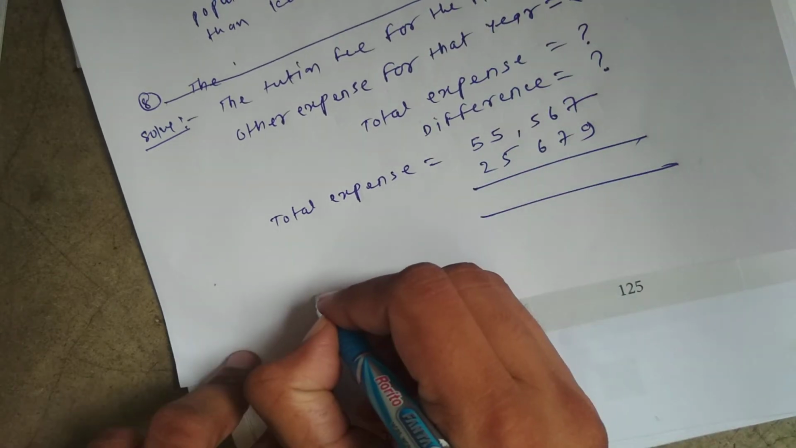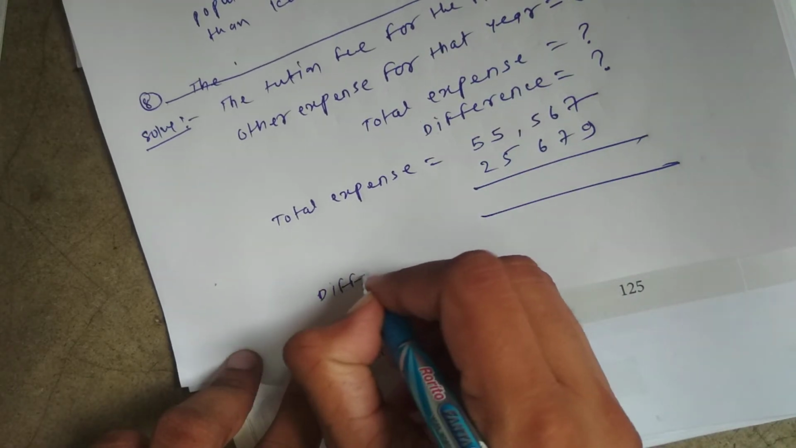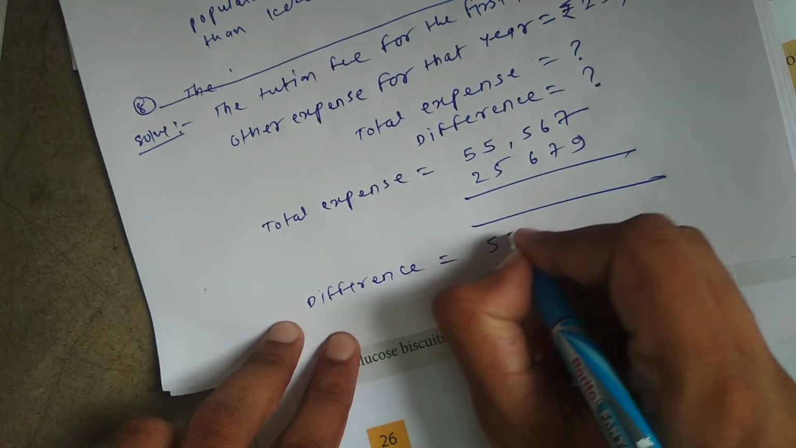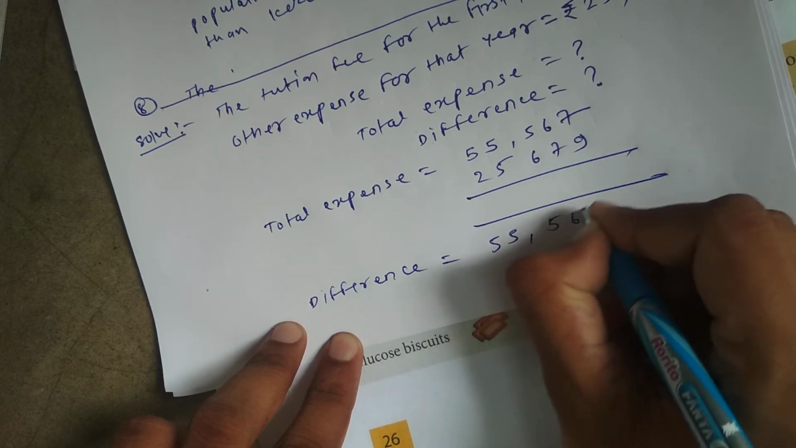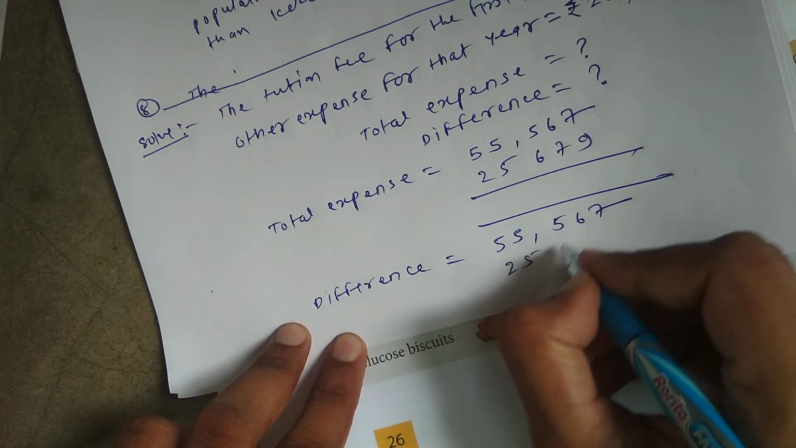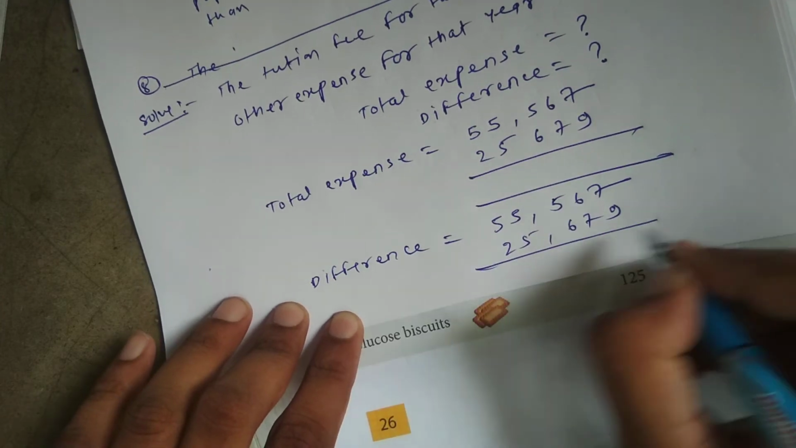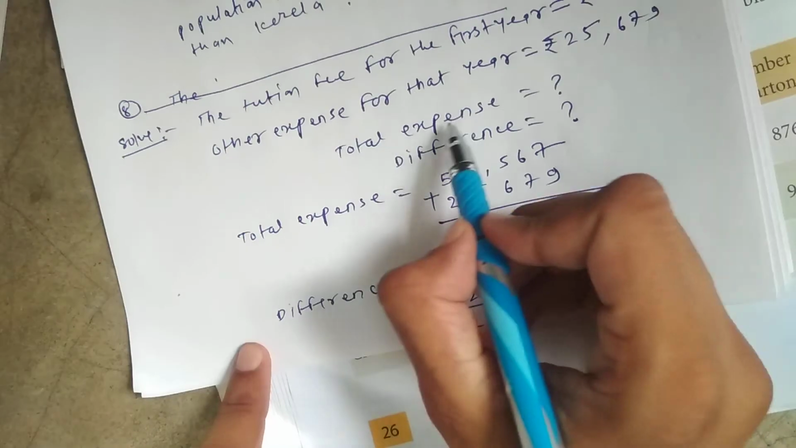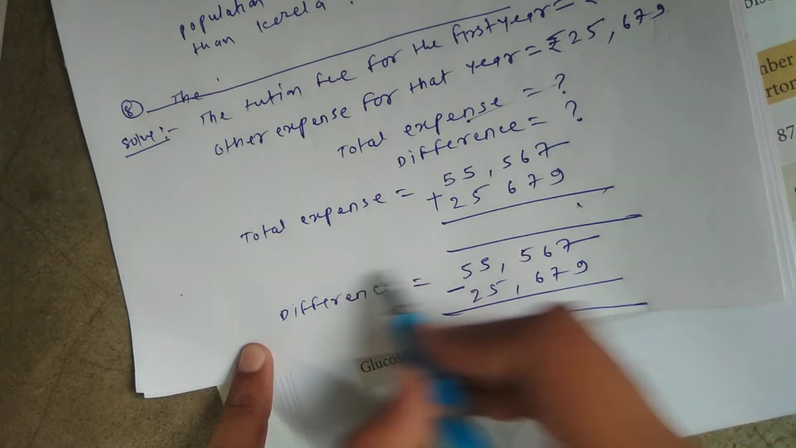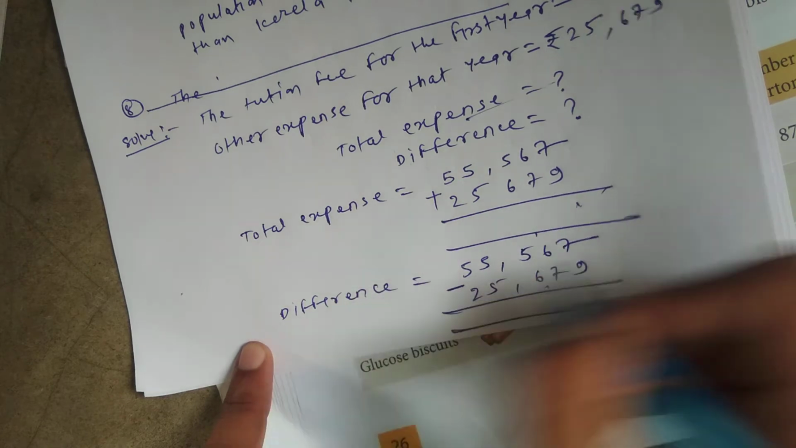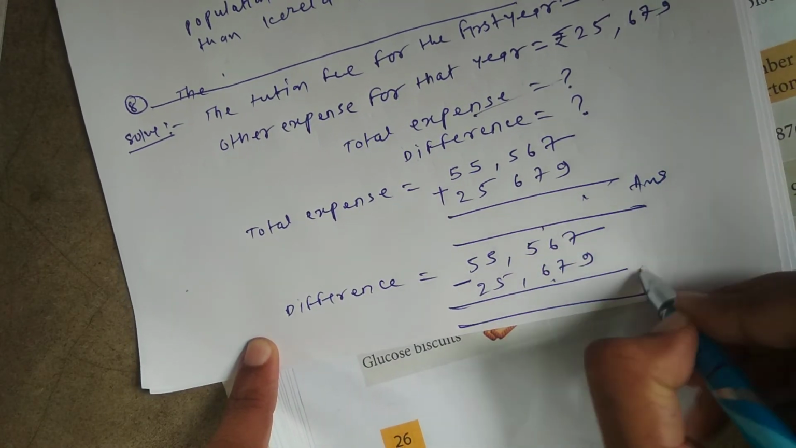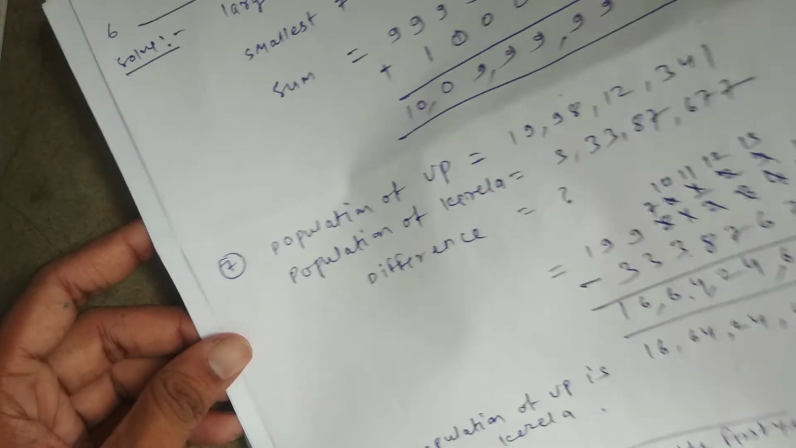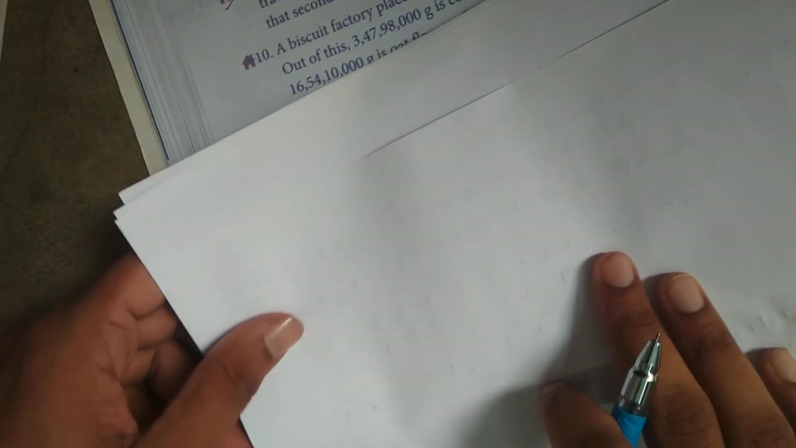Then you have to find the difference. So which is the greater number? 55,567 and this 25,679. Here you have to subtract, and here you have to sum. You will get the total expense when you sum, and you will get the difference when you subtract. I hope you will be able to solve this question. So let's now move to our ninth question. Okay, the ninth question says,